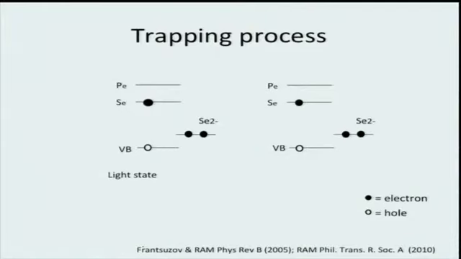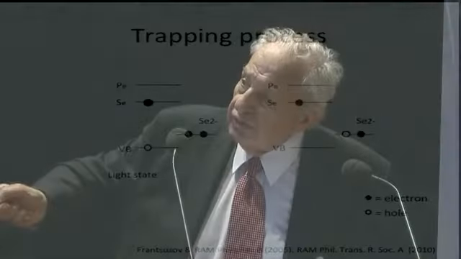And then, of course, often it'll fluoresce. That's what it'll do most of the time. But sometimes it'll do something else. In other words, there's a certain probability that from the trap, instead of it coming back, this one has a certain probability of jumping down and getting rid of that hole. And now you end up with a trapped electron or a trapped hole and an extra electron in the thing. So this is the dark period. This would be before, this was the light period.